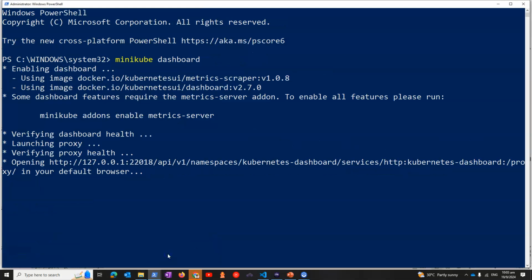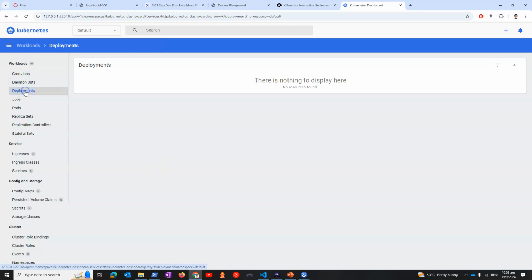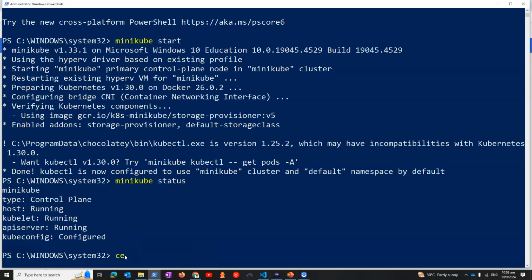And you see my dashboard has started. It usually opens up in the port 22018, and it shows me the cluster dashboard, something like this. So this basically tells me that I have a very simple Kubernetes cluster. There's no daemons yet, there's no deployments yet. And once I start doing deployments, you will start seeing entities here. At the moment, there are no pods either. It's a very empty dashboard. That's fine. So what I'm going to do next is I'm going to start giving